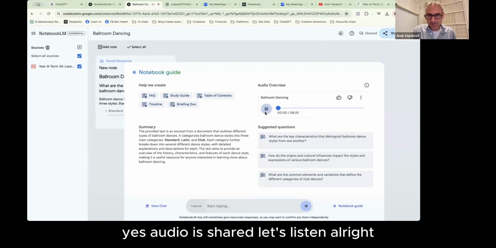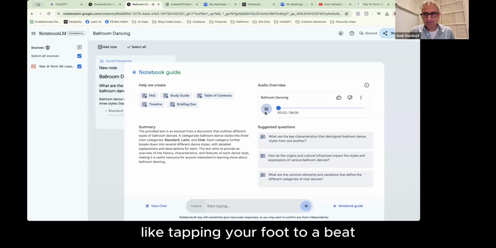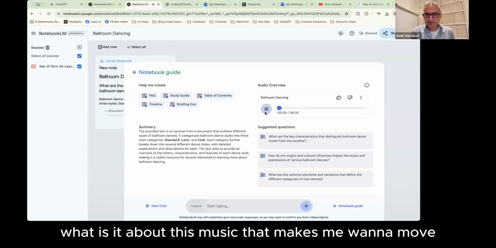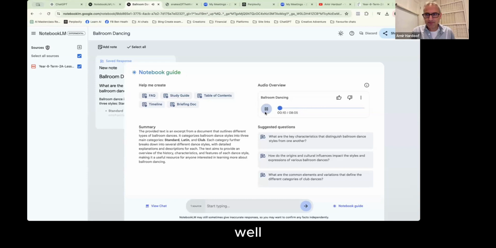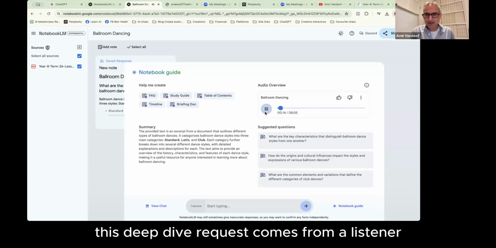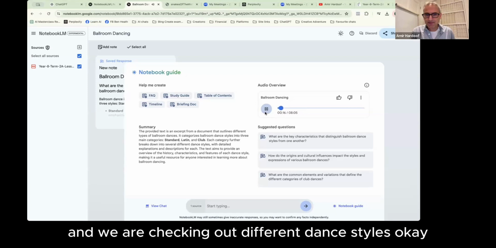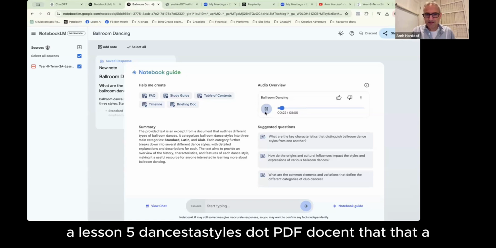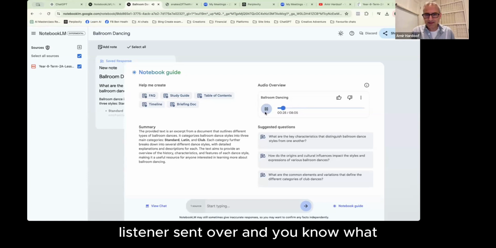Let's listen. All right, so have you ever caught yourself tapping your foot to a beat and wondering, what is it about this song? What is it about this music that makes me want to move? Well, get ready, because that's what we're diving into today. Sounds fun. This deep dive request comes from a listener, and we are checking out different dance styles. Okay. We're going to start with this Year 8, Term 2A, Lesson 5, dance-styles.pdf document that a listener sent over.